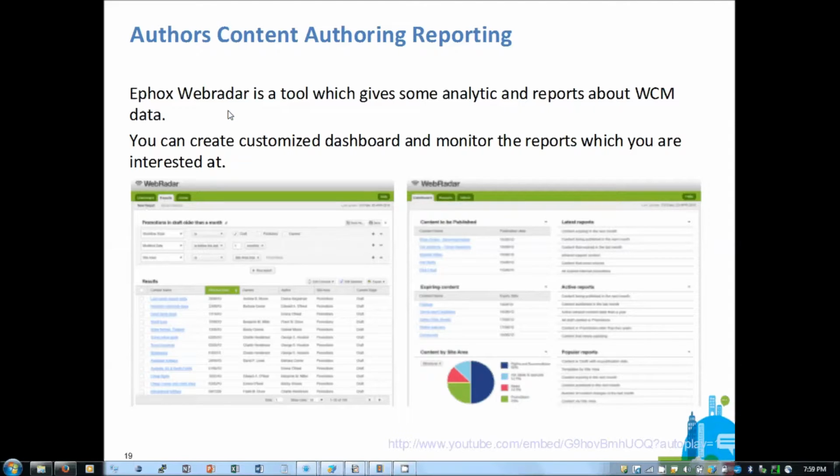It is also possible to schedule a daily, weekly, monthly, or yearly time-based report, and users can subscribe to those reports. You can also send the report to your email ID. You can generate a bar chart or pie chart. This tool is an excellent tool for an administrator or a support person who is monitoring and maintaining the WCM application.